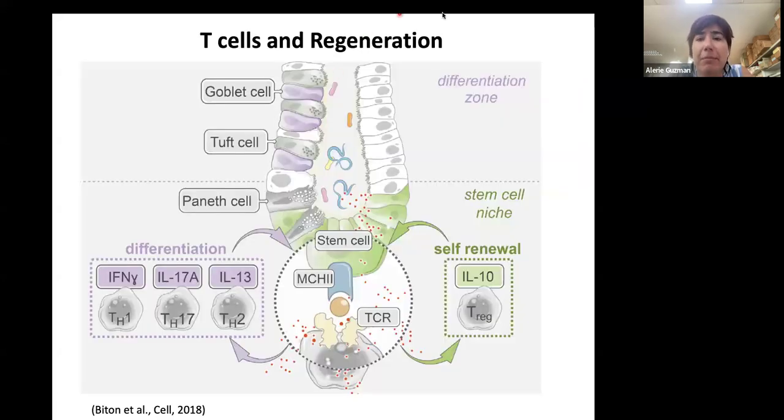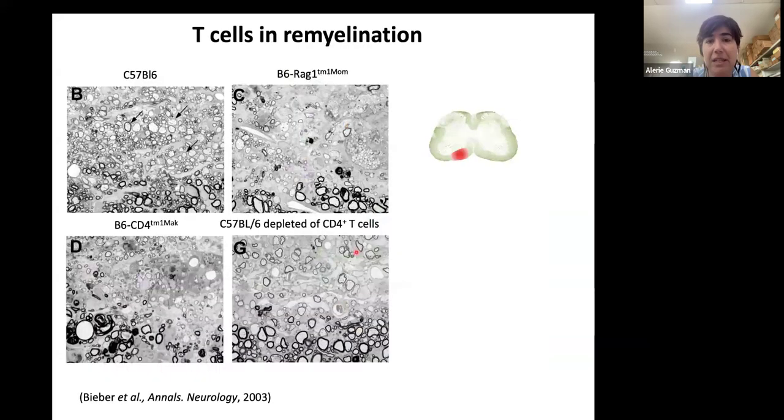Additionally, work done by many groups in other organs has shown that T cells are key for regeneration. Here we just have an example of the gut, where T cells have a very closely regulated crosstalk with stem cells from the gut, but they have been shown to regulate stem cell behavior in the muscle, hair follicle, in the skin, and so on. So if we put these 2 concepts together, we could also speculate that T cells might have a role in CNS remyelination. And this was shown already about 20 years ago, in this seminal manuscript published by Beaver et al.,